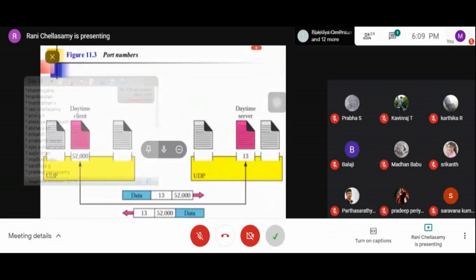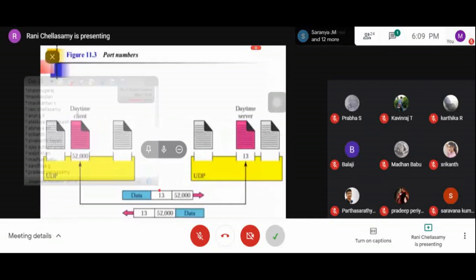All these will be residing in the packet, or we call this a user datagram. So what is the source port number? This is the client, the source machine. The source port number is 52,000, mentioned here, and 13 is the destination port number, that is the service port number, mentioned here, and the data is mentioned.